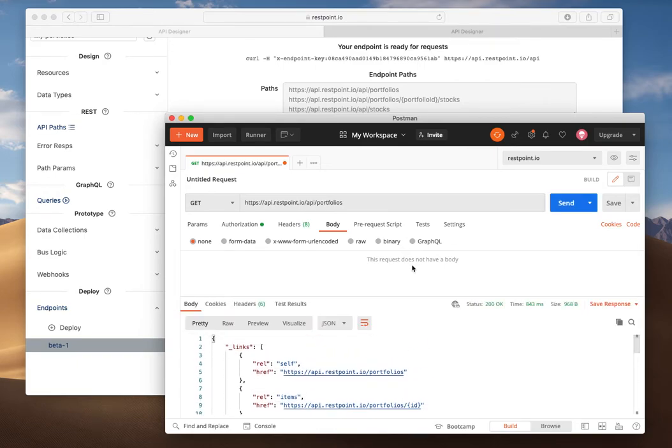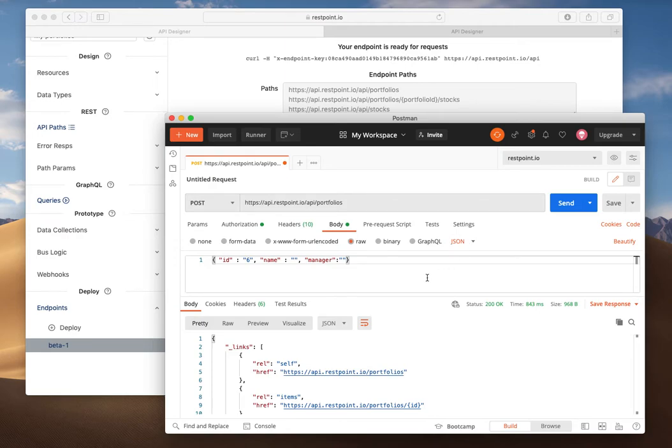And now we're going to start building on the next iteration, which we knew we would do because this is an iterative process. So now we're going to get into adding a little bit of logic. Right now we can create a portfolio, we added the bodies, let's say to add a